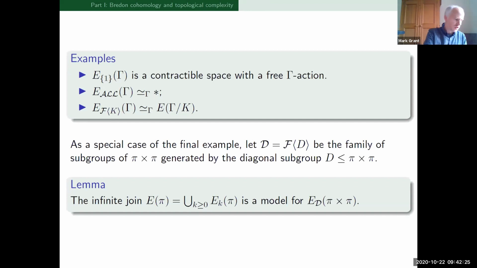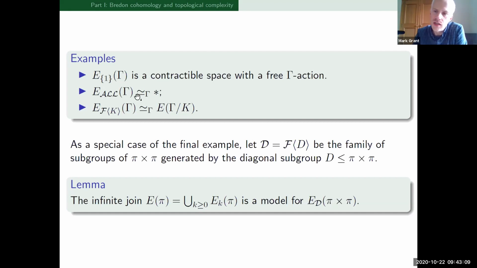For example, I guess most people are familiar with the ordinary one. There's a slightly confusing terminology. The classifying space of the trivial family will be not B pi, not B Gamma, sorry, but E Gamma. So it will be a contractible space, because we want the fixed set of the trivial subgroup to be contractible. So if the trivial subgroup is in the family, then the classifying space has to always be contractible. And saying that isotropy is in the family in this case means that we have a free action. So this is just going to be E pi in the usual sense.